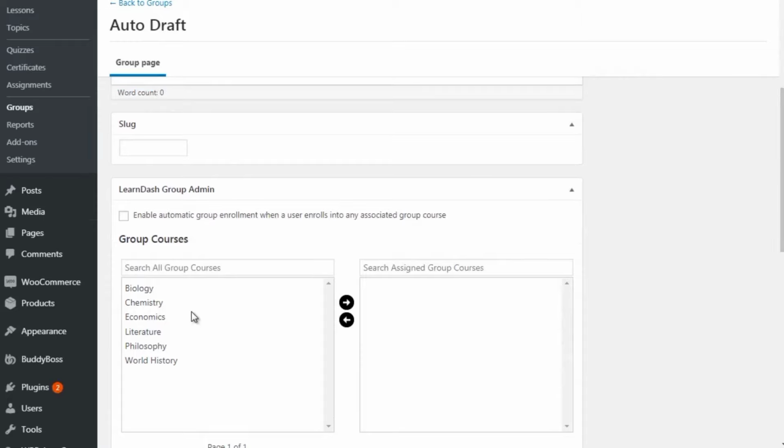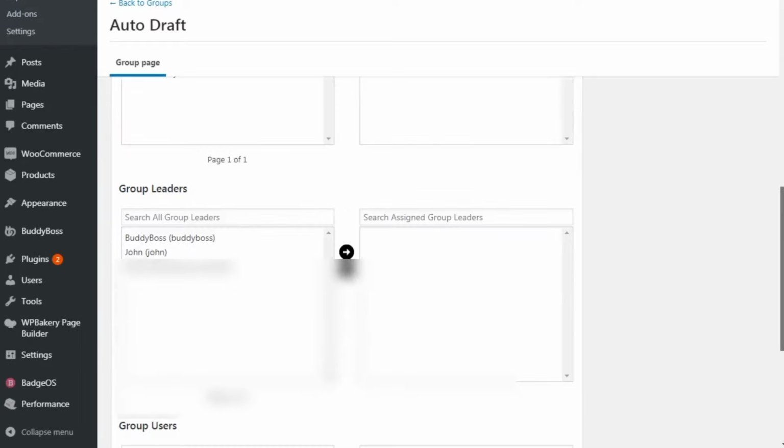Right here, you can specify, okay, these are courses that have access to a certain group. So like I mentioned earlier, if you want to have one group for all of the classes, you can simply add all of these right here. Now, if you want to have an individual group that is focused for biology, a different group for chemistry, economics, and so forth and so on, you can do that individually as well. Now, after that, you can assign an admin and the users.